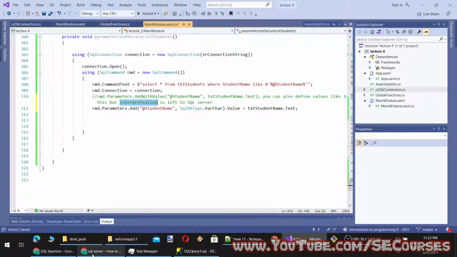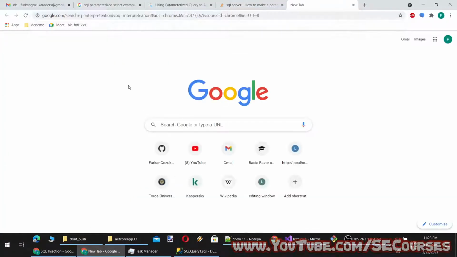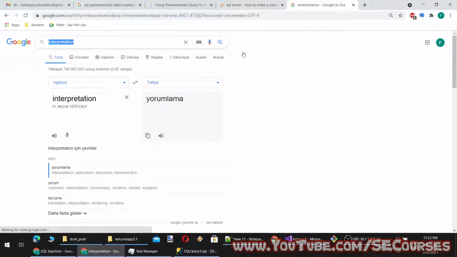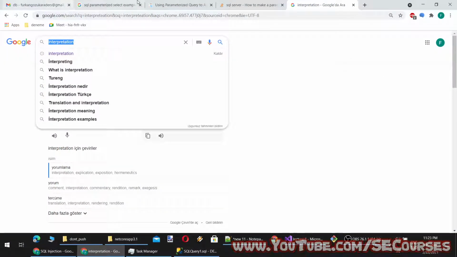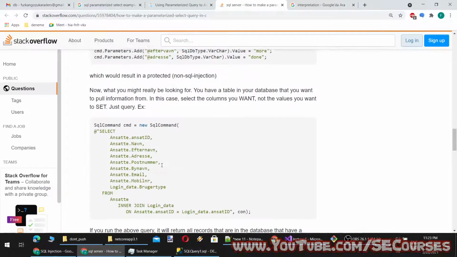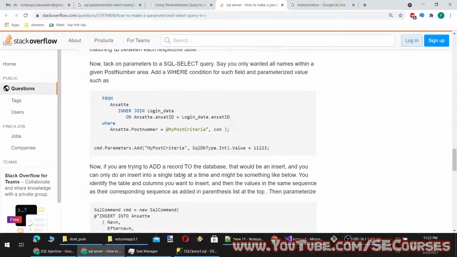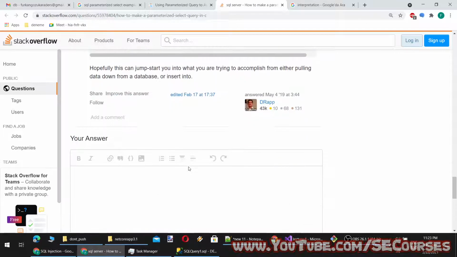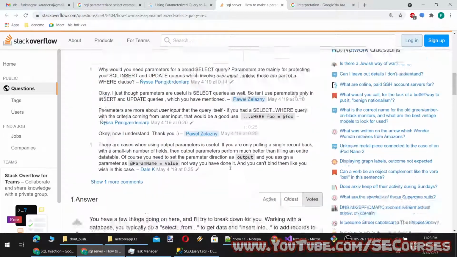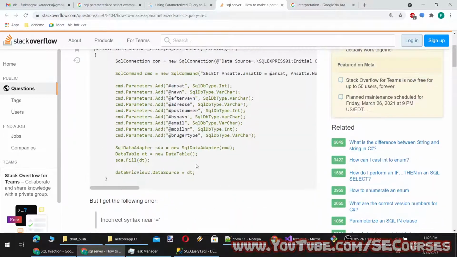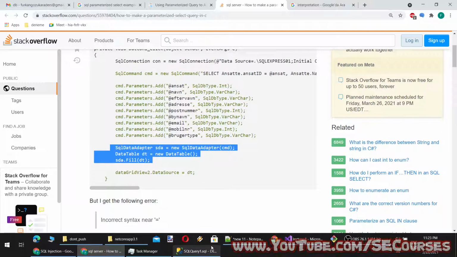Let's see if I have written the name correctly. Yeah. Okay. And finally, what we are going to do is executing the parameterized query, and it is, yeah, like this.